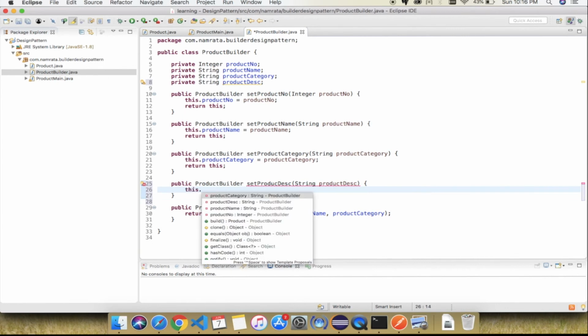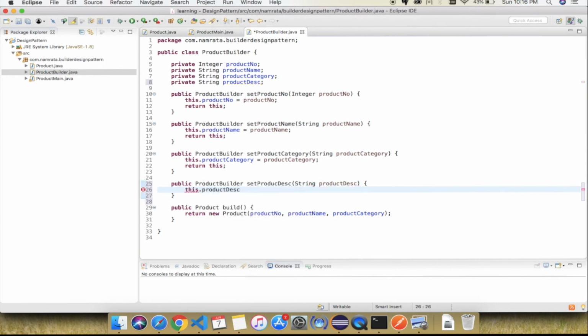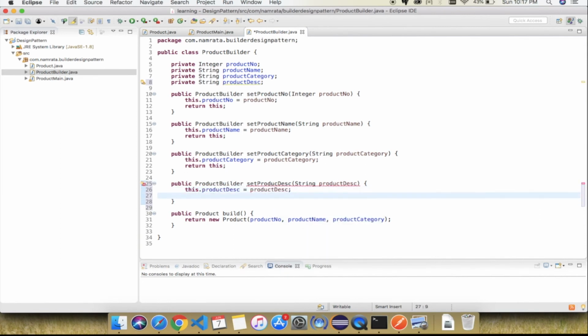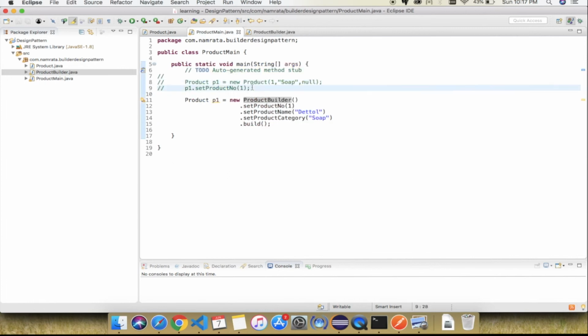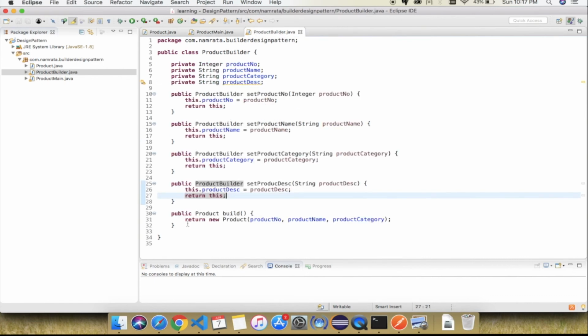So I'm setting the product description over here. And I'm returning the product builder instance. So here, instead of changing the product constructor all over the project, you can change the constructor over here only. So if I say return new product,